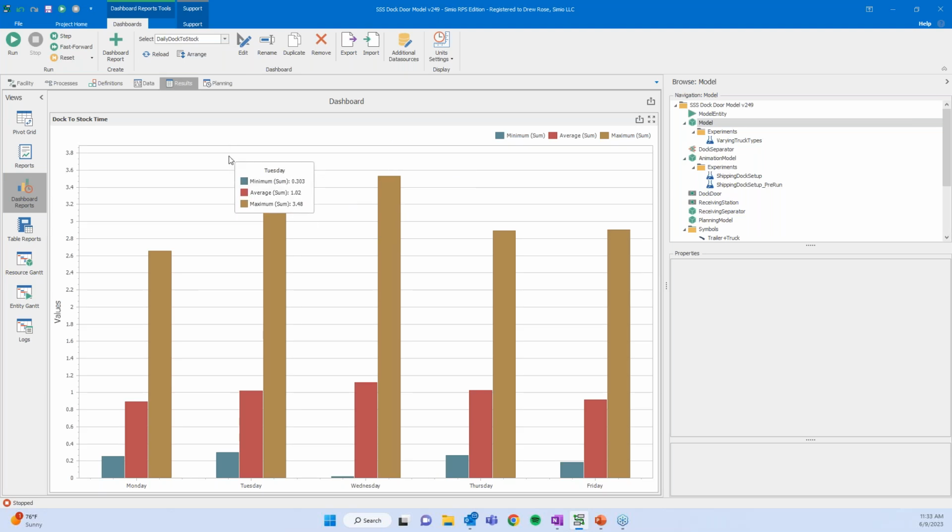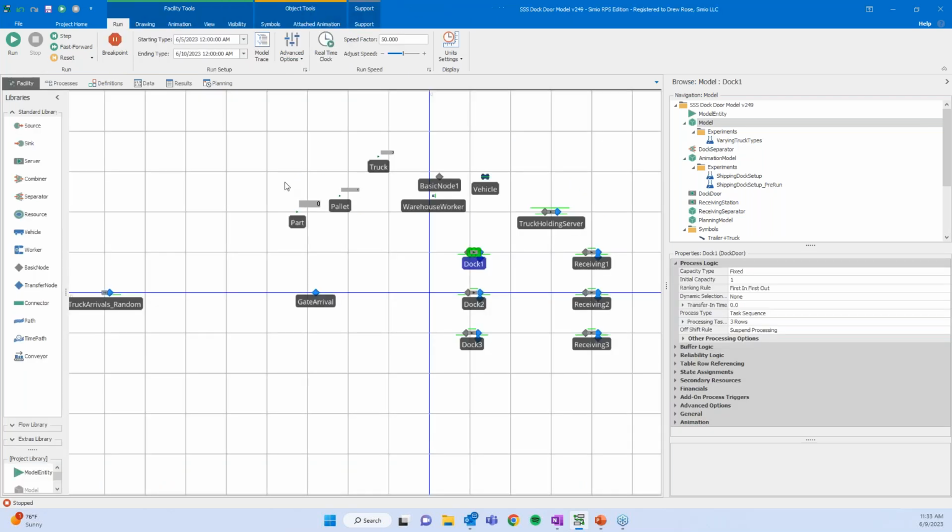We can see if there's any daily trends that might help to identify why things might be failing so much as far as getting to shelves. And also with this, we can run experimentation. So maybe we run this analysis, but we want to take it a step further and really dig into some